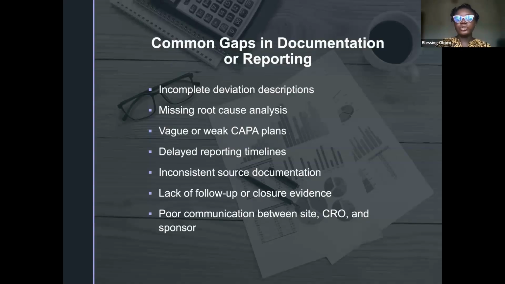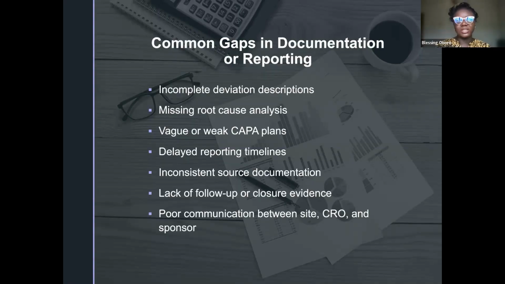And then we move on to the common gaps in documentation or reporting. Like I mentioned before, incomplete deviation descriptions. You have out of window visits, or say when you're performing IP accountability. IP accountability is when you are taking account of the IPs that were dispensed. So you see that say 3 tablets are missing and cannot be accounted for, and then you just document it,